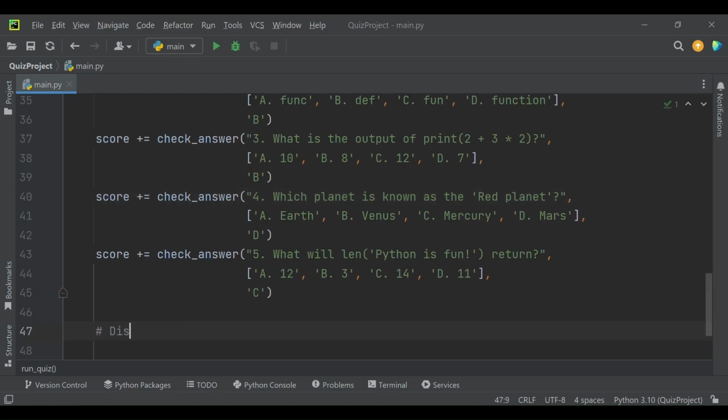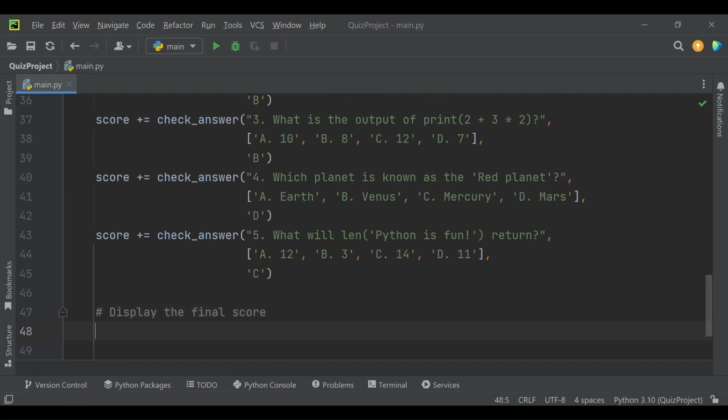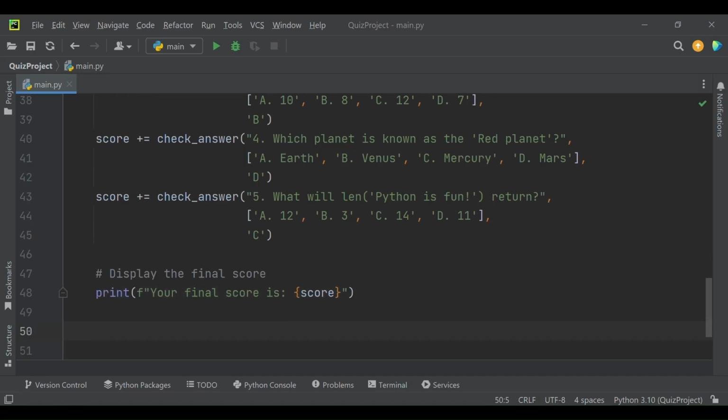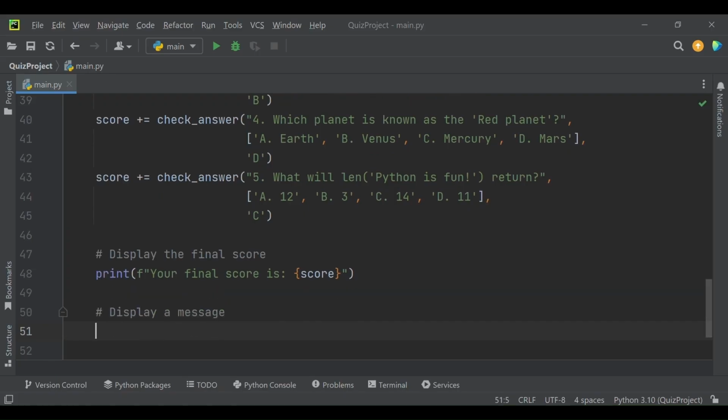Now it's time to display the final score. So here we will print an F string like this. Your final score is, and after that I will be displaying here the final value of score variable, and then we will also display a message in the end for the user based on the score value.